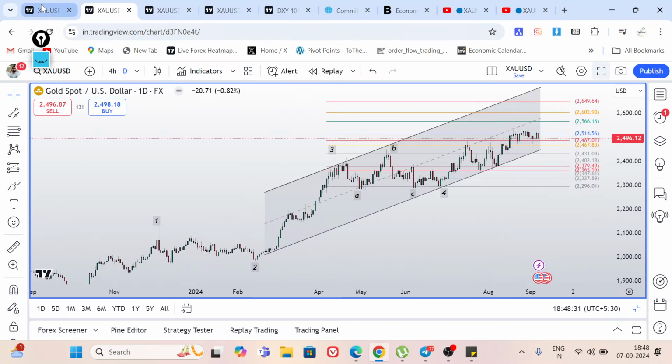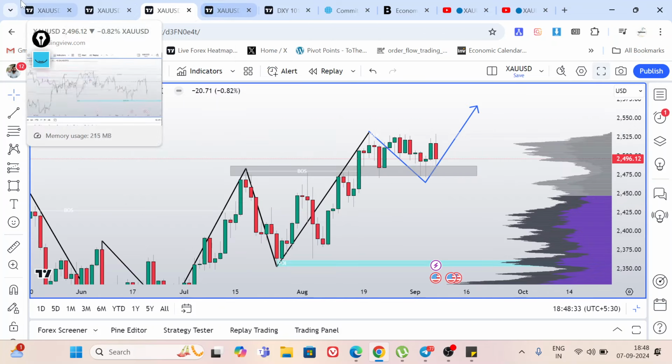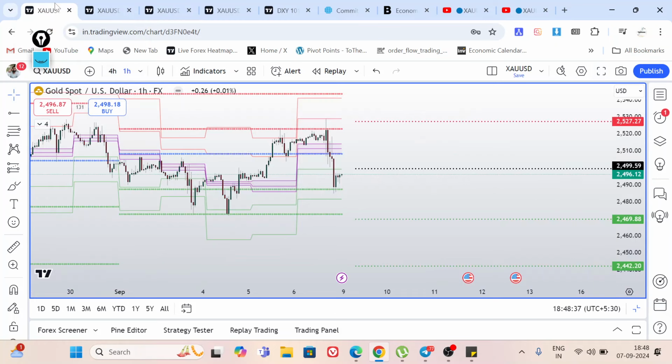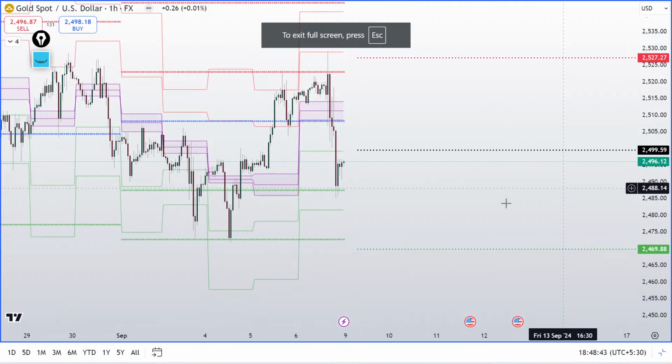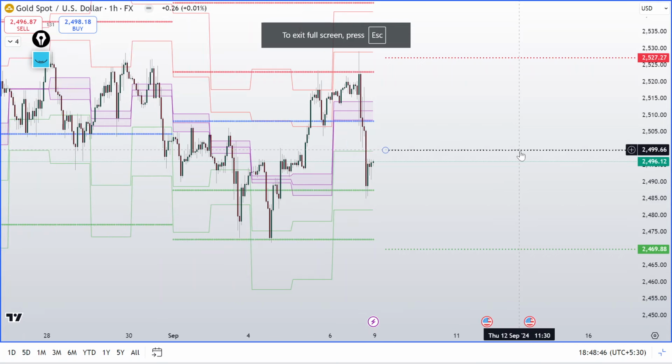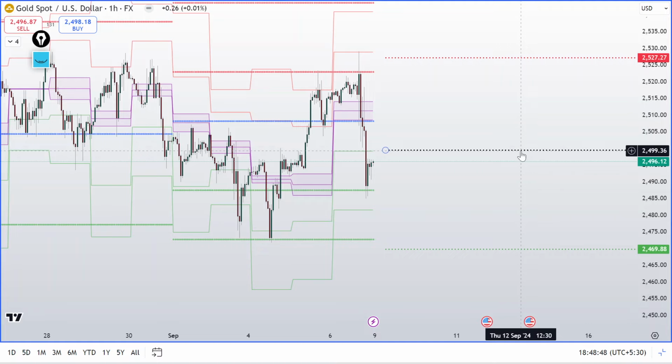Now if we check the pivot levels for next week, what are the pivot levels that we have to watch? The weekly pivot for next week is at 2499, or roughly 2500. This is the weekly pivot. Under this, yes, selling is possible, because in the previous session we have seen a good decline. So yes, the decline might go to the lower side, and the nearby support is of course this area